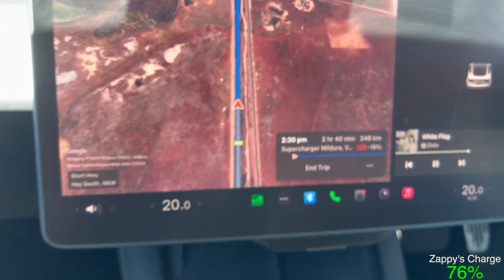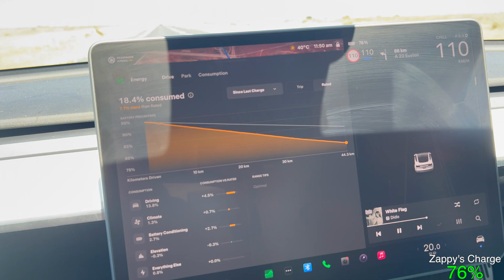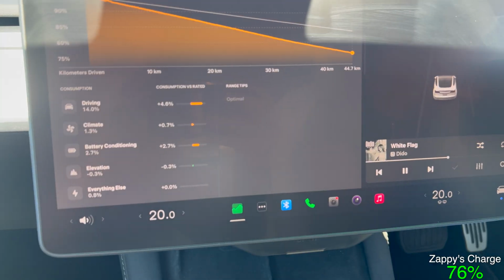Now suddenly it says -19%. Everybody stay calm. What's the procedure, everyone? What's the procedure? Stay calm! I can have a look at my energy here. It's battery conditioning,